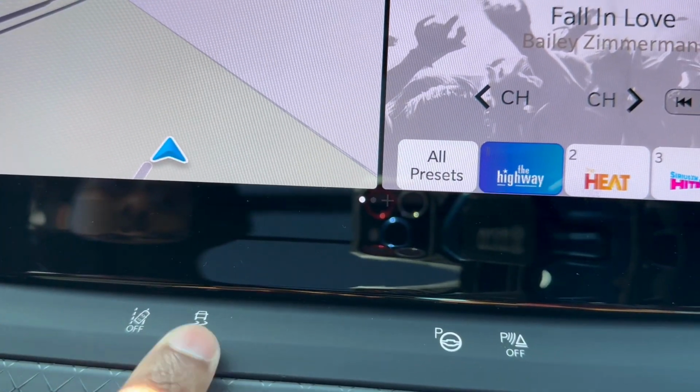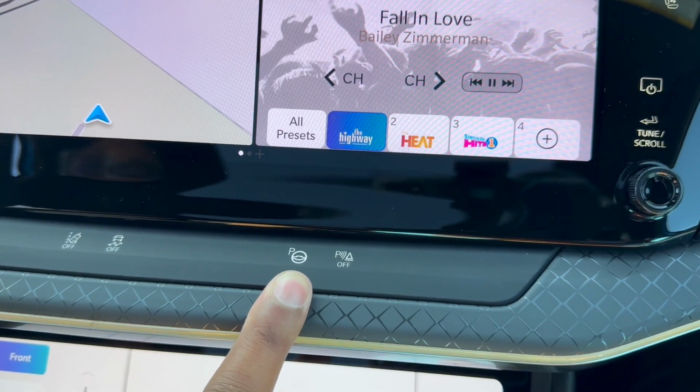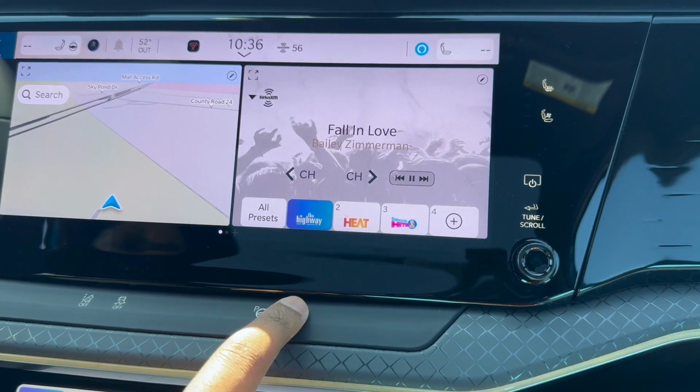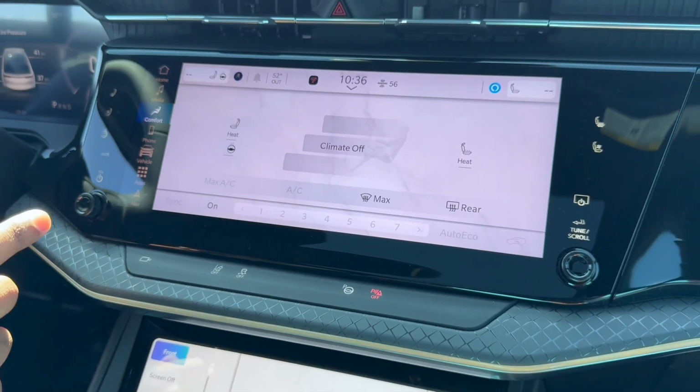You can turn that on and off, your traction control. This does have their park assist feature, so it'll basically park the vehicle for you. And then your parking sensors can be turned on and off there. One, I guess,